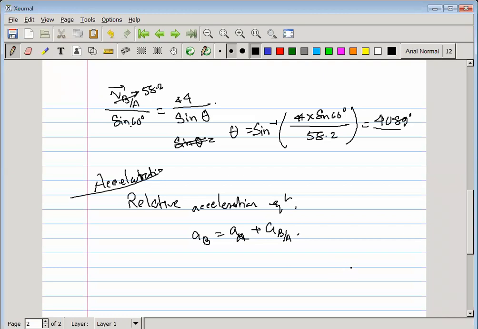The acceleration vector diagram is, see, here in the question this is one vehicle and this is another vehicle, right? This is vehicle B, this is vehicle A. It moves in this direction, it moves in this direction. So what should be the acceleration? Remember, for relative acceleration always find out the normal acceleration portion. So the normal acceleration is which one? When it moves in this direction, the normal is always in this direction, right?